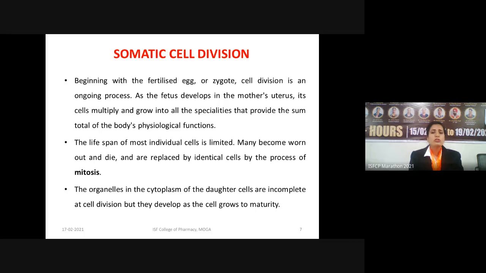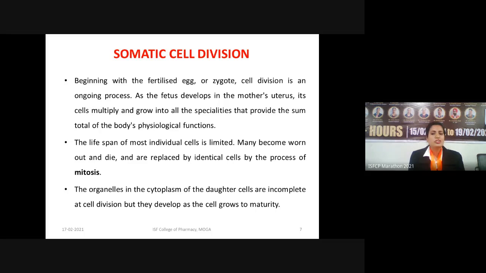The process of somatic cell division is an ongoing process. It starts as soon as the egg is fertilized. That means as soon as the sperm and the ovum meet and the zygote is formed, cell division starts. What happens after zygote formation? When it develops into the fetus in the mother's uterus, its cells start multiplying. After multiplication, each cell adopts a special function,